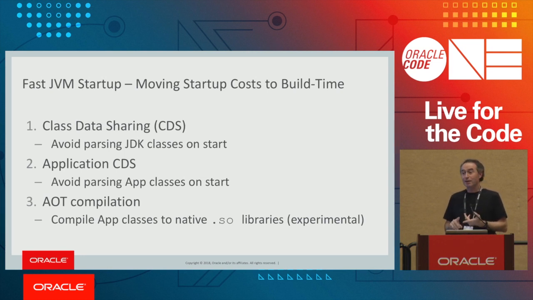So class data sharing, apparently it's been in there since 2004. So it's a really old feature. Again, if you're on a desktop, you're not thinking about it. When the JVM starts up, it has to parse through all the JDK classes. It goes through and basically reads bytecodes, builds in-memory structures, and then starts loading your code and doing the same thing. With class data sharing, you can, at build time, do all that parsing in advance, and then you dump an archive. You have an archive, basically a binary format of the JDK classes. So they're pre-compiled to a degree, right? So you're saving time. When your JVM boots, it doesn't have to do a lot, or you've eliminated a whole bunch of processing that would normally happen, which can improve your app start time.